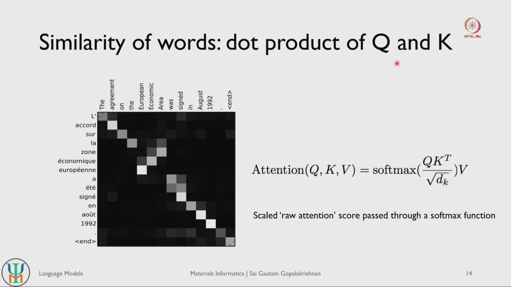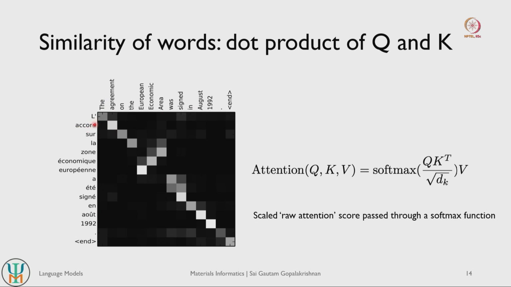So if your query has a high degree of relevance to a given key that you have, then the dot product should have a high value. If it is not, then the dot product should have a very low value. Once again we can look at this in terms of a heat map. Let us say this is your input sentence and this is your translated sentence, in French and in English. If your model actually learnt the context of words very well, it would output an association matrix, query times your key matrix, of this form between these two sentences.